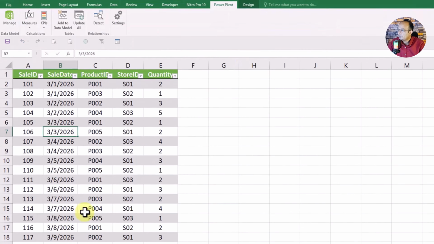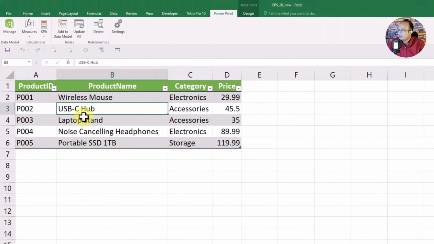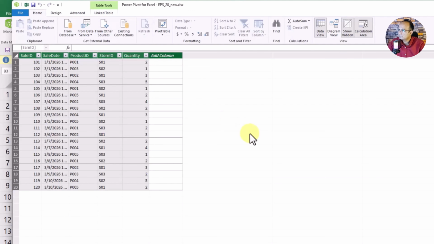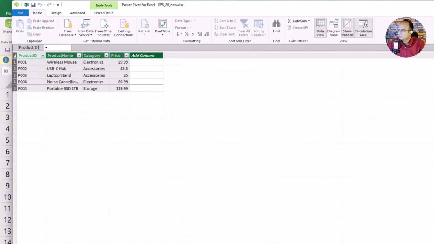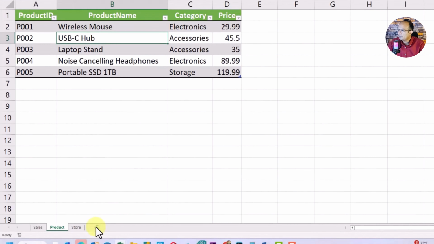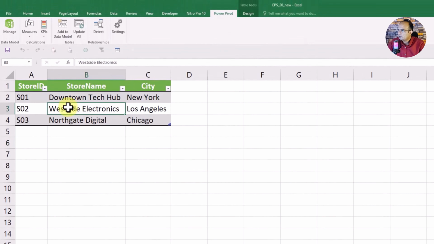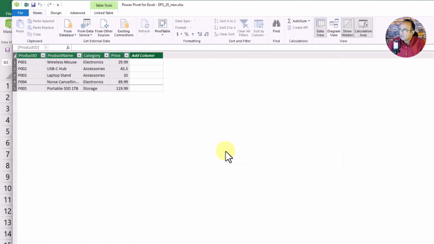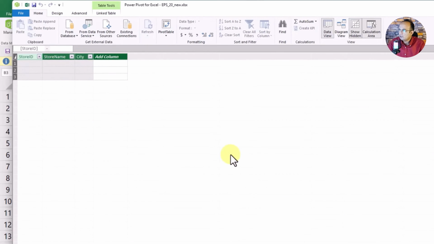Similarly, add the product table into the data model, and then the store table into the data model. Now we have added all our tables into the model.